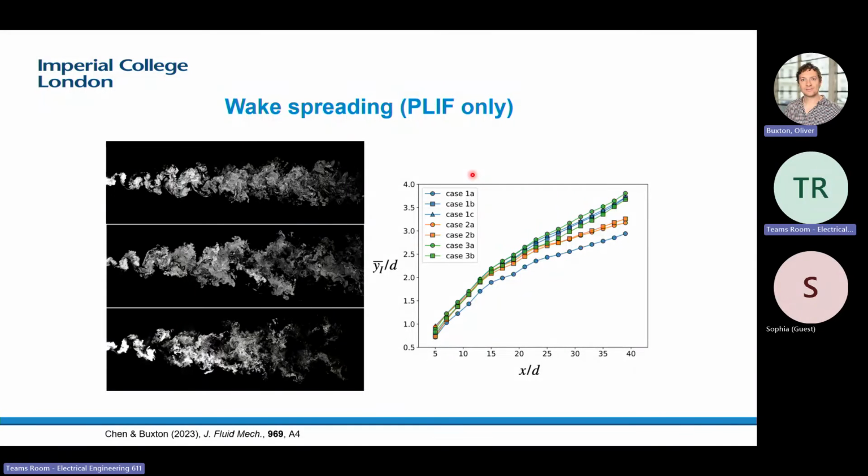Now, all of those previous experiments were done in the far wake. So they were all done in, let's say, this region here, for example, some 40 diameters downstream. But of course, wind turbine spacing is usually of the order between 5 and 10 diameters. So really, we need to know about the spatial evolution of how these wakes spread from the beginning through